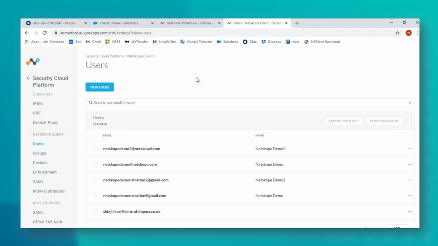So I'm a home worker, I'm stuck at home due to COVID, but I still need to access those internal resources. So an internal application or RDP to a device that's on premise or infrastructure as a service in a cloud instance. How am I going to do that? Going back to the original model that I showed, we're going to use a VPN. I'm going to have to launch a VPN, be trusted on the corporate network, and now I can RDP to whichever device I need to access.